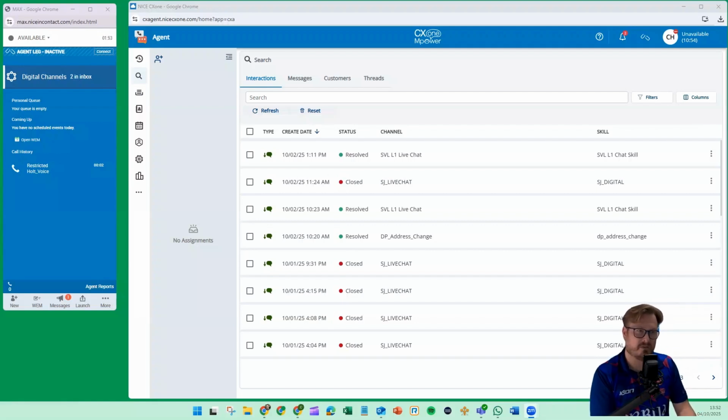The first thing to note here is that the legacy digital channels are not supported. So if you had traditional chat or the in contact generation, essentially, legacy chat, legacy email, they will not migrate across. But you can migrate your channels to digital first. And actually, you'll see here my agent on the left-hand side has 2 items in their inbox.